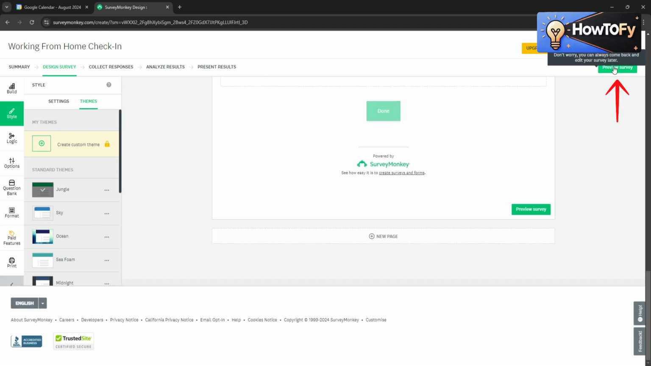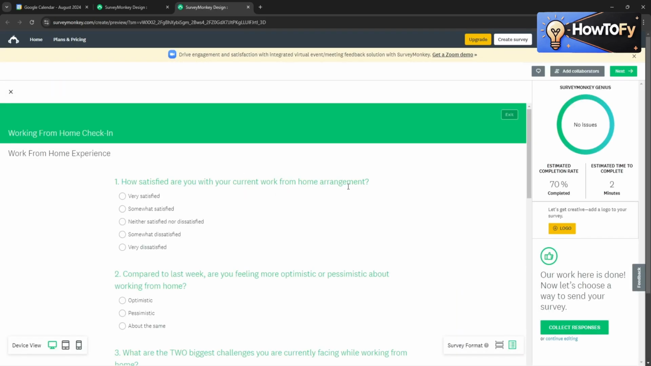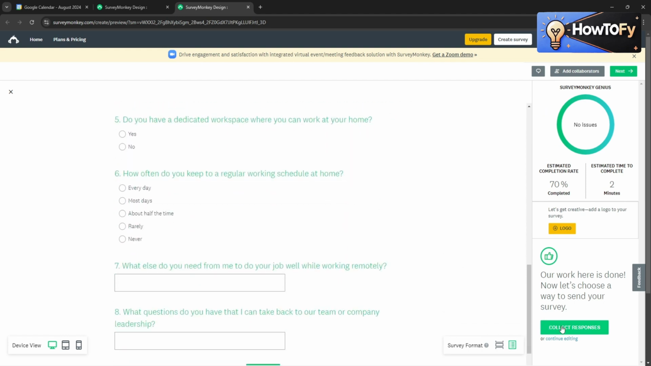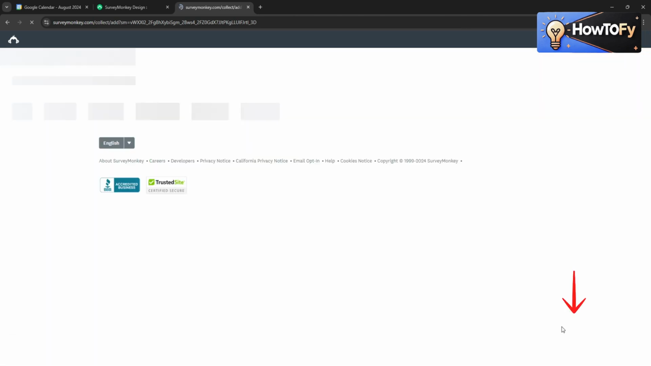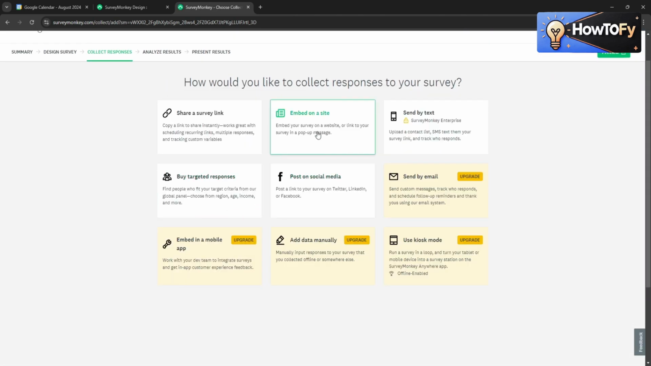On the upper left of your screen, review the contents of your survey and check if it is ready to be distributed to your target audience. Click on Collect Response. Now go to Send Surveys Your Way, and you will choose how you would like to